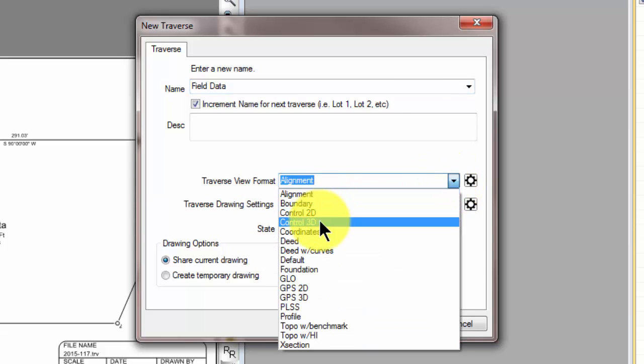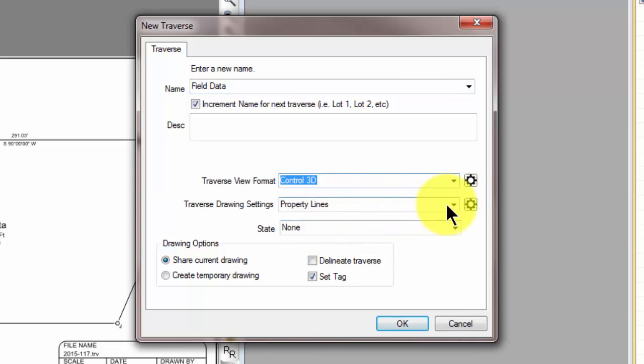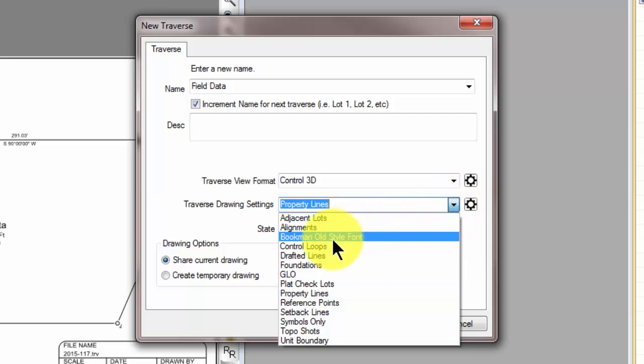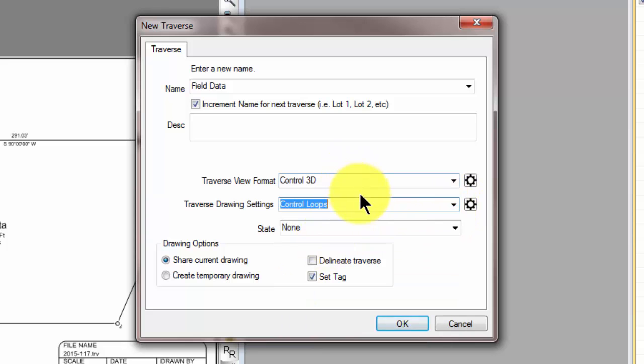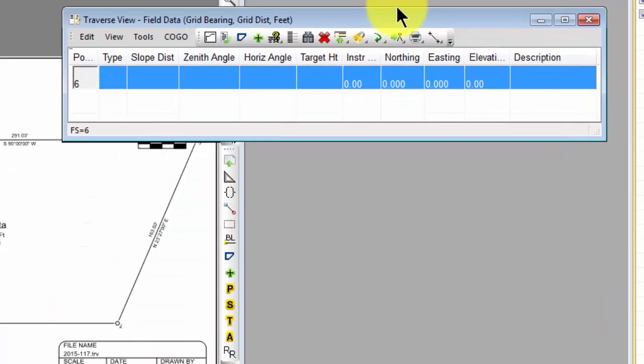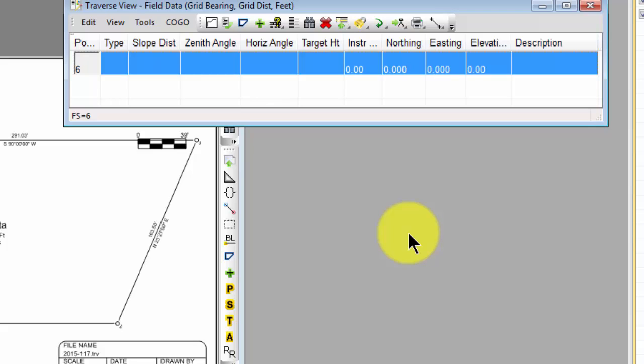So I'm going to choose Control 3D, and I'm going to choose Control Loops. And I've just learned that these are the formats that I like to use, or I've modified to use. And Traverse PC opens a traverse for me for that field data traverse. Again, we're working in grid bearings, grid distance, and feet,